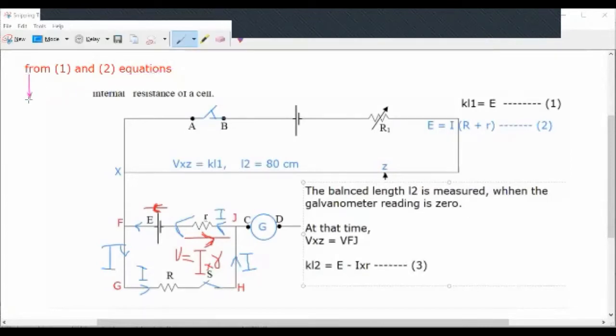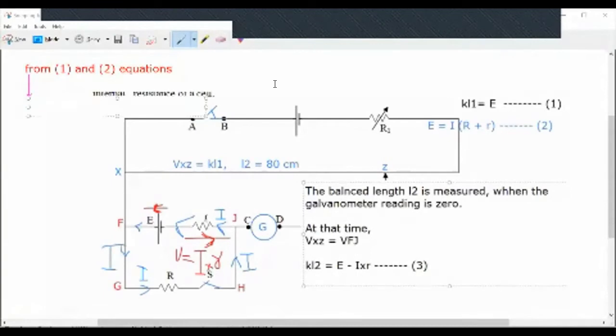If you want, we can use the third equation also. From 1 and 2 equations,